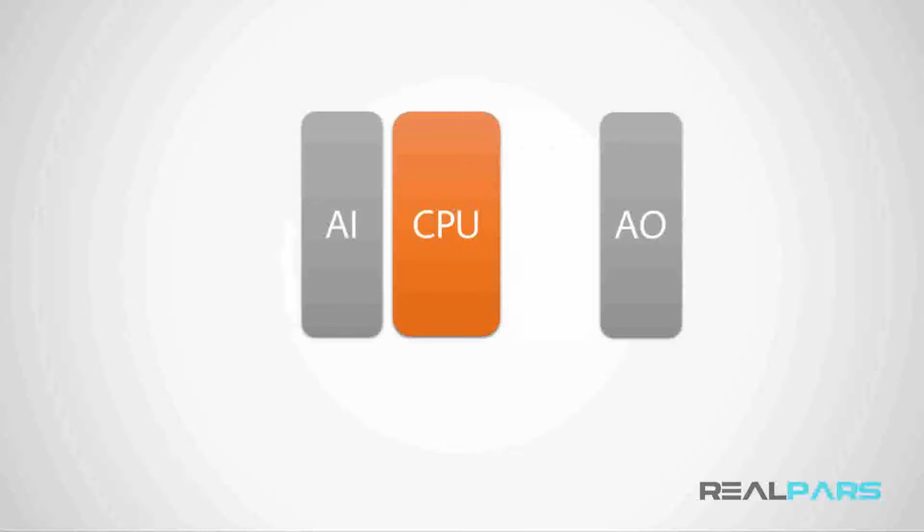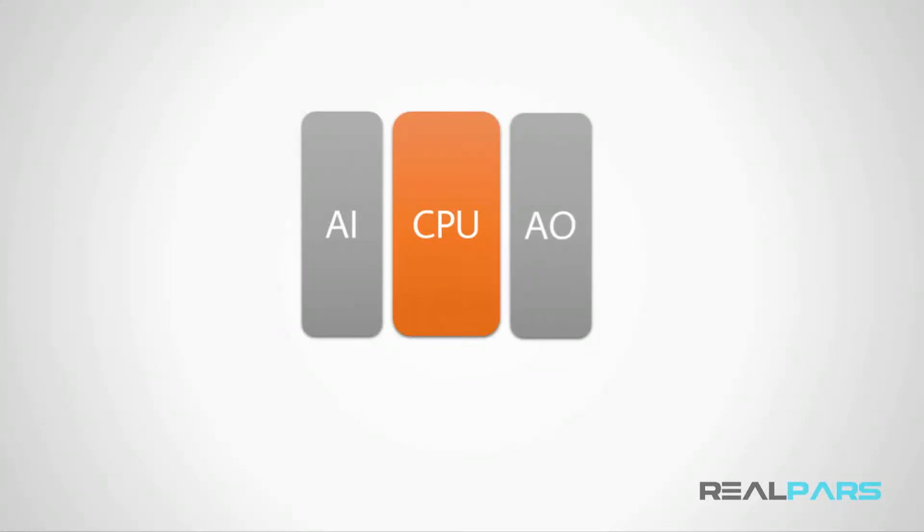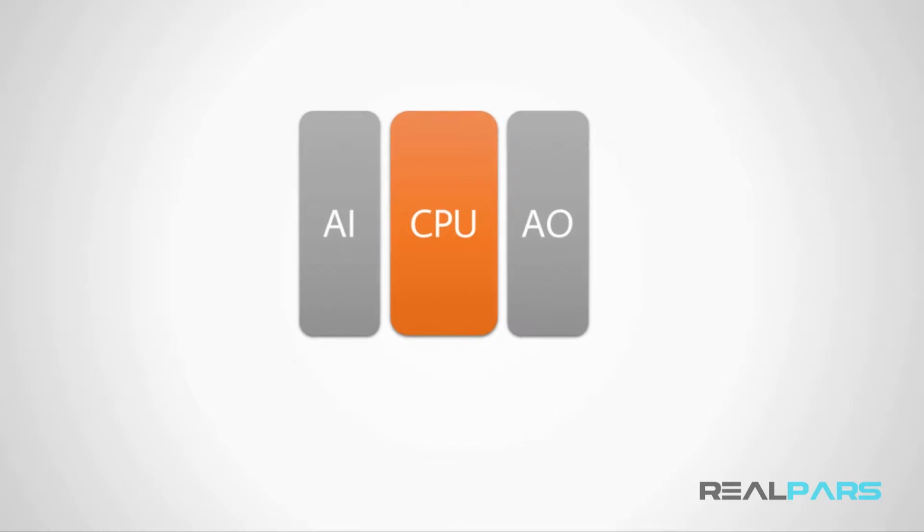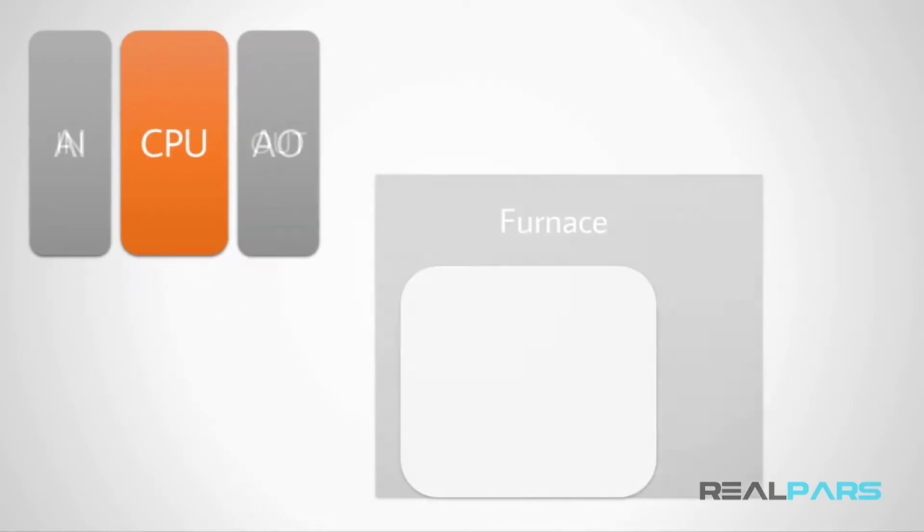Analog signal modules are also divided into two categories: analog input signal modules and analog output signal modules. In order to better understand how these modules work, we're going to continue our discussion with a practical example. Okay, suppose that we want to control the temperature of an industrial furnace by a PLC, meaning that we want